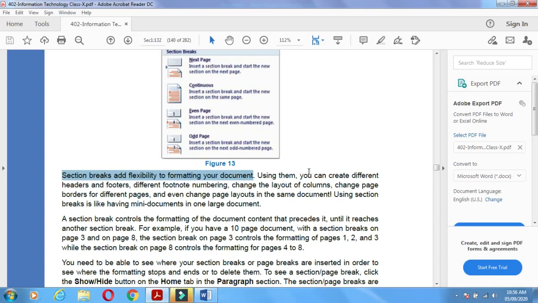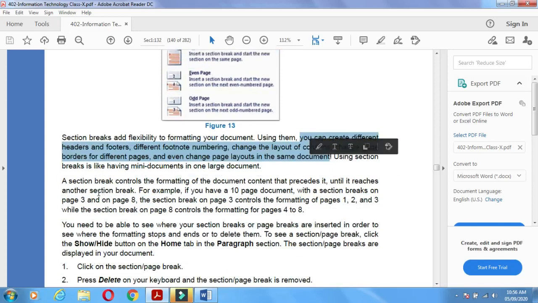So using them, you can create different headers and footers, different footnote numbering, change the layout of the columns, change page borders of different pages, even change the page layout in the same document using a section break. It means all these things we can change by using the section break facility.